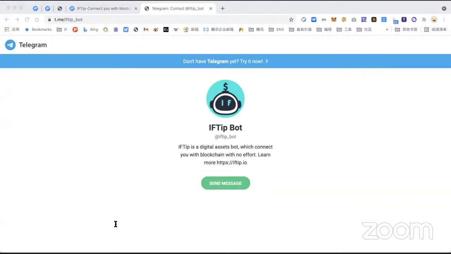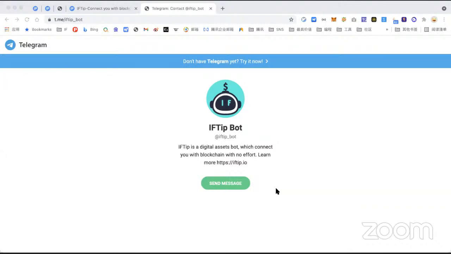If you already deposited, you can see I have balance in my account. If you don't have balance, you can deposit. Just type the command.